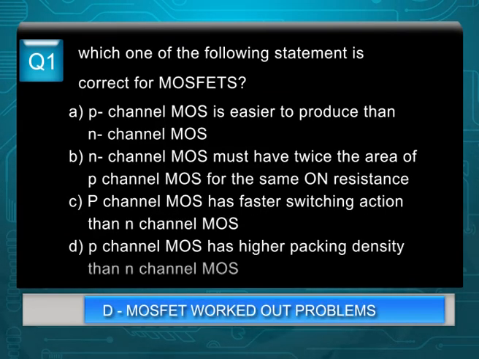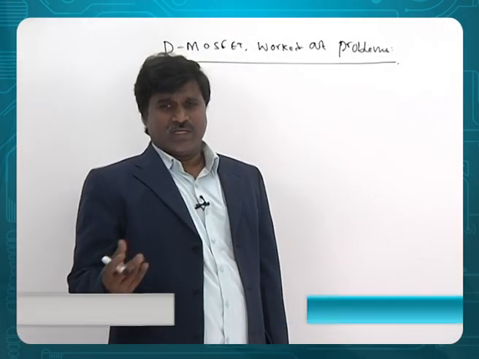Which of the following statements is correct for MOSFET? A. P-channel MOS is easier to produce than N-channel MOS. B. N-channel MOS must have twice the area of P-channel MOS for the same on resistance. C. P-channel MOS has faster switching action than N-channel MOS. D. P-channel MOS has higher package density than N-channel MOS. These are the options. Which one of the following statements is